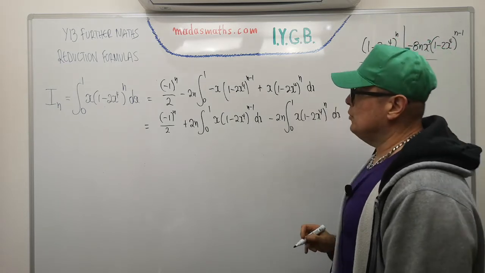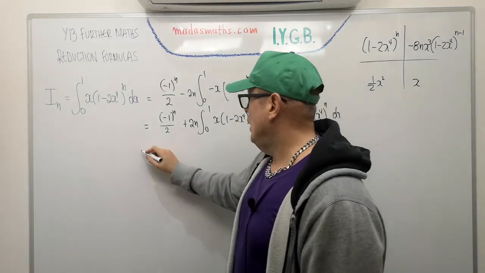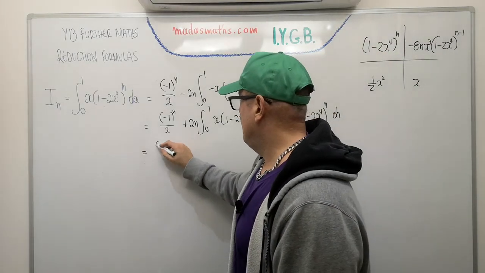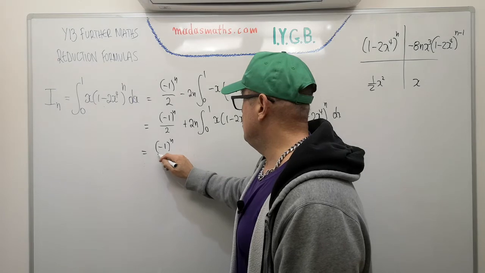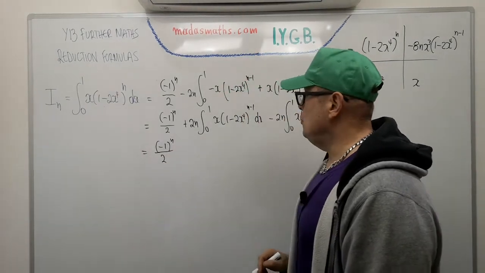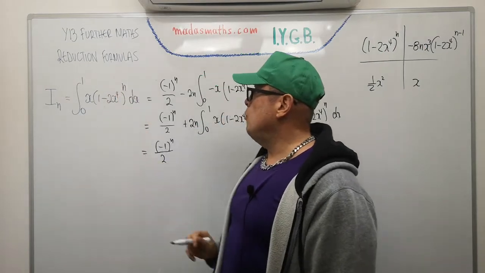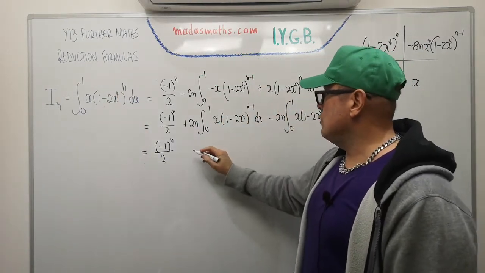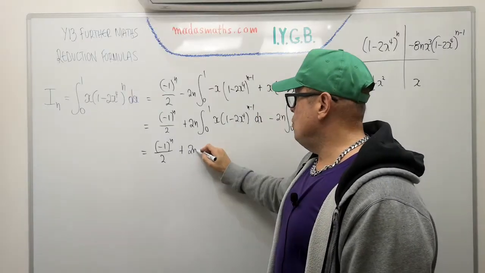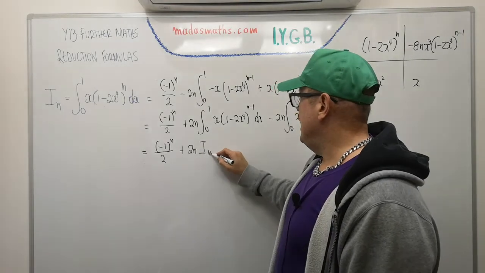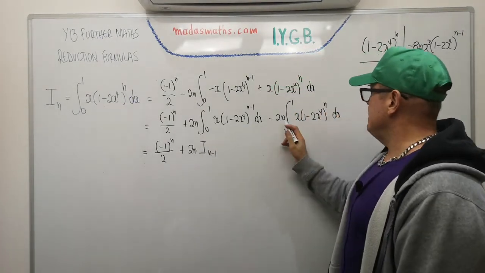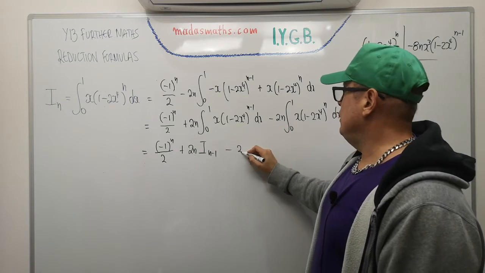And from this line onwards is just the tedious workings, just basically getting it to a sensible form to be used. So this is by definition my I_n, but with one less power for my n, so that's going to be plus 2n I_(n-1), and this again is minus 2n